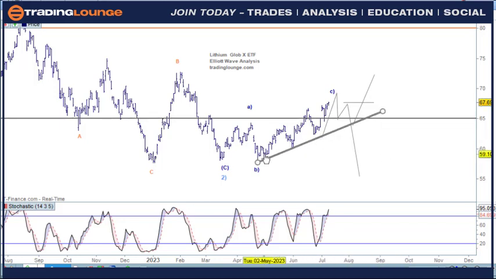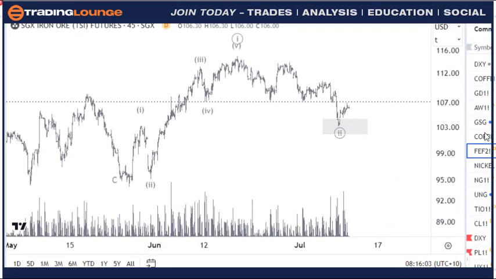So after this, it's this 5 waves here that is the one that's important to me. This as a 5, 1, 2, 3, 4, 5 is not really that important to me because I've got overlap on 4 and 1 here, so it can be 1 and 2 and 1 and 2 here. But I do want to look at this 5 waves in here, so I'll have a look at it next week, and we'll just figure it out a little bit. But we do want it to pull back, and then we can look to go long in lithium stocks as such. But we're also not ready when we look at